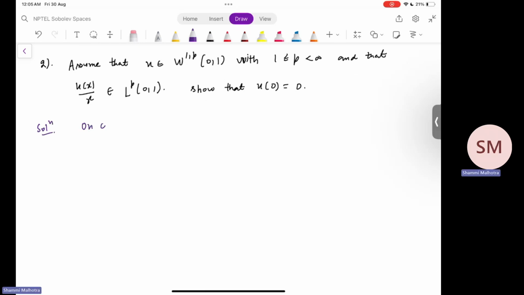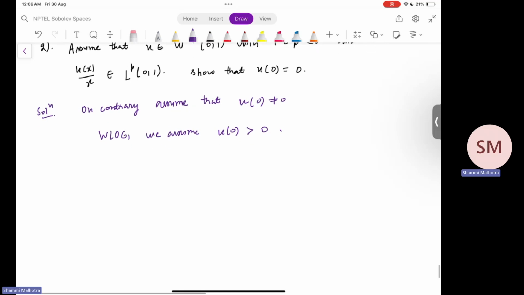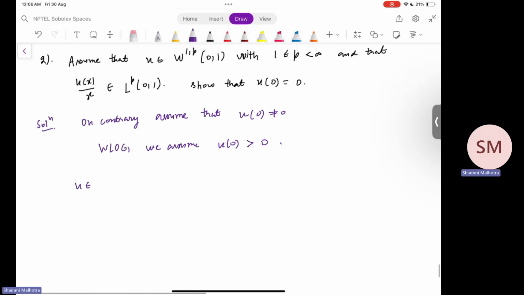On the contrary, assume that u(0) is non-zero, and without loss of generality, we assume that u(0) is positive, so we can assume that. Now, since we know that u belongs to W_0^{1,p}(0,1),